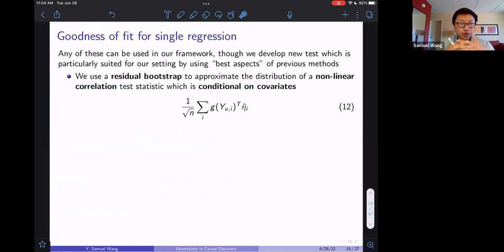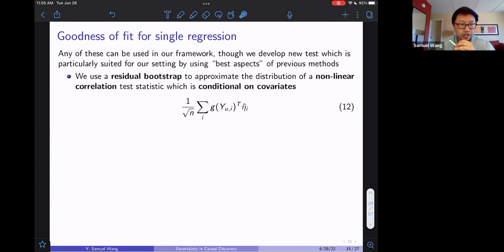Okay, so fortunately, we're not the first ones to notice this, and there's a lot of existing work which addresses this issue of goodness of fit testing for linear models via testing independence of residuals and regressors. In practice, you can use any of these procedures in our framework, and you might need a slight modification here or there to plug them in. There are many situations in which one of these tests might be more appropriate than the other. Nonetheless, we've developed a procedure, which I'll only mention at a very high level, that we hope melds together the best elements from previous procedures, which are particularly useful in our setting.